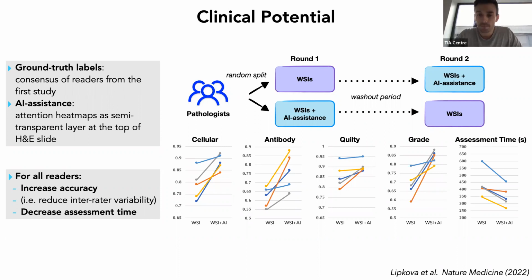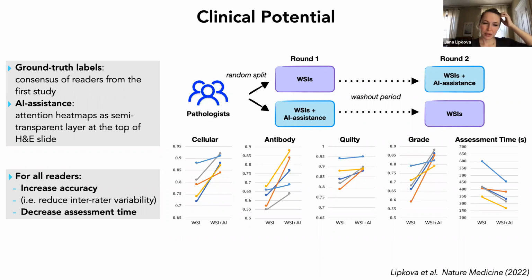Yes, I was just going to ask, this is really impressive, this plot here in particular. I was just wondering whether there's any difference in the sensitivity and specificity scores separately, because of course you don't want to potentially increase your AURC values but then decrease your specificity given sensitivity. Yes, actually, we didn't look at the sensitivity and specificity of the pathologist, just the accuracy, but it's a really good question.